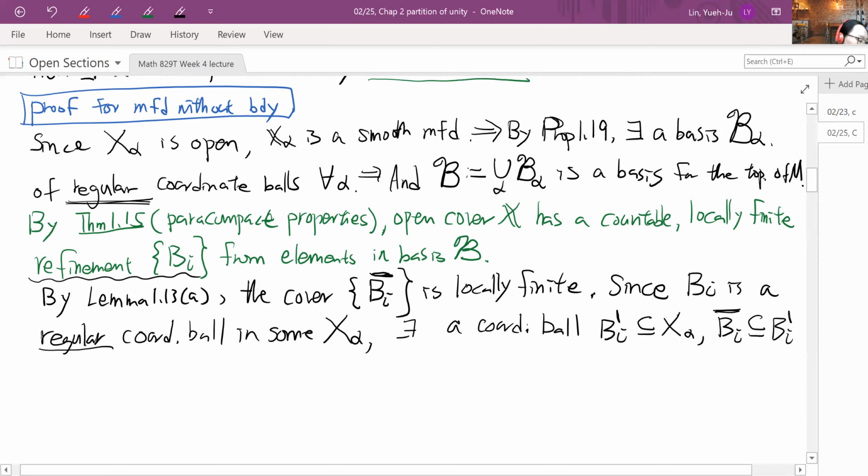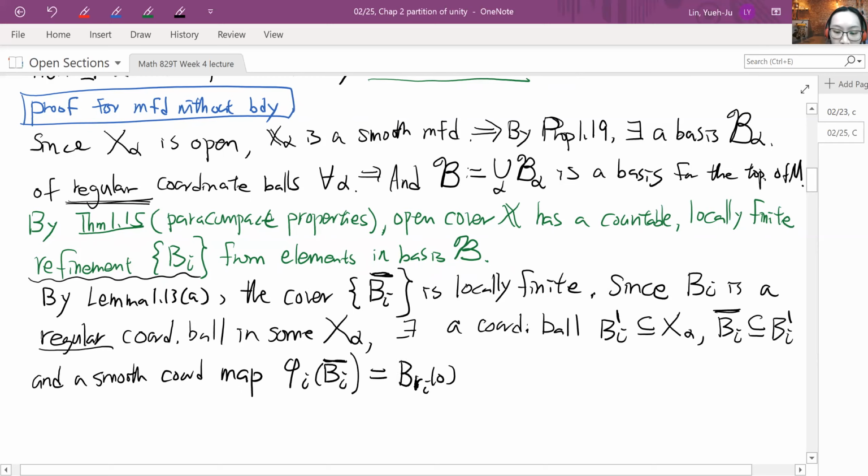And you're going to have a smooth coordinate map, which is essentially the phi, which is going to send the closure of this original ball to the closure of a ball in R^n,